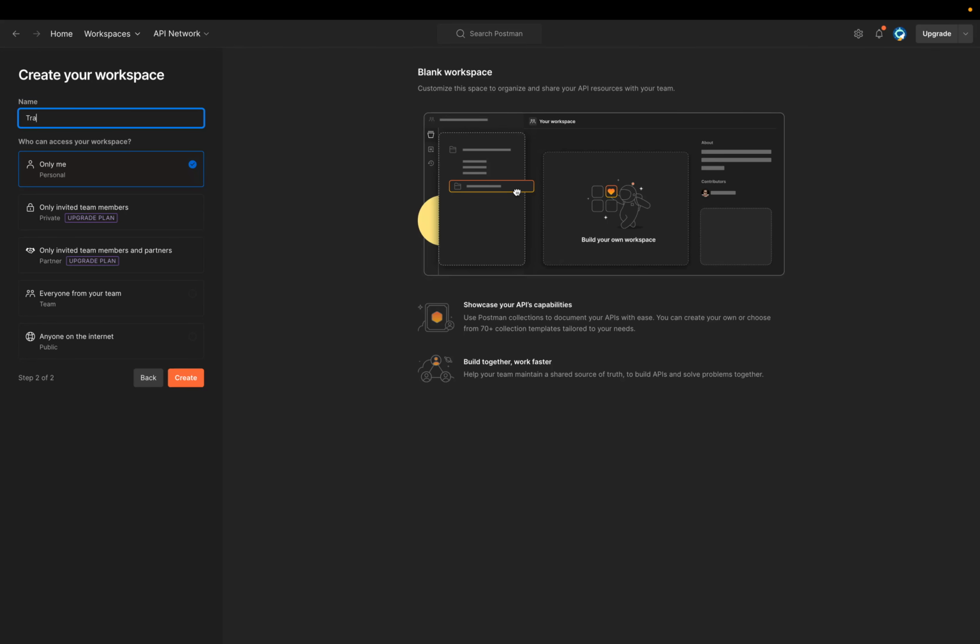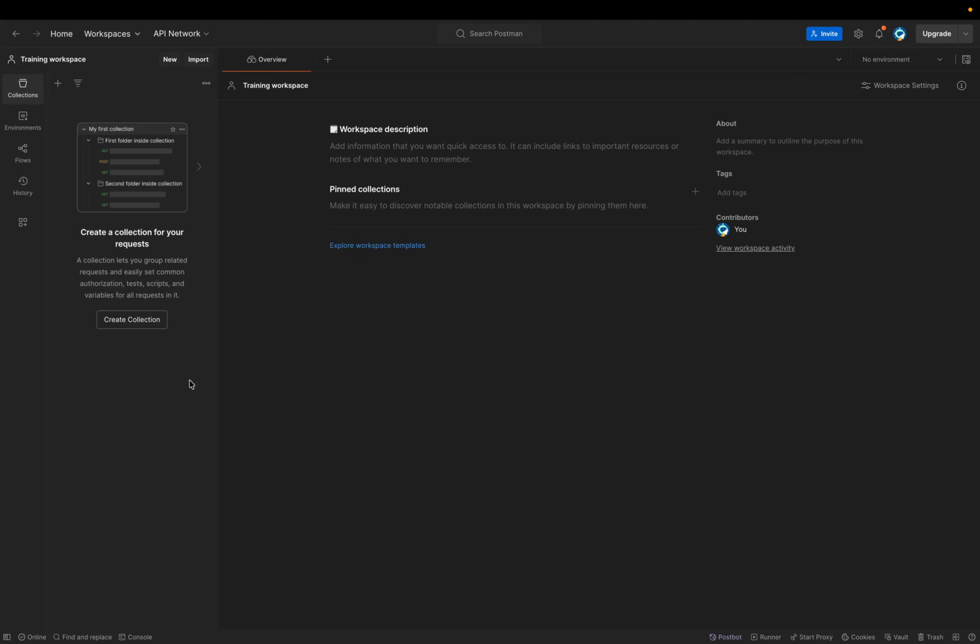So I'm going to name this training workspace. Training workspace, and for now this is only visible to me, or else I can share it with everyone from your team. Currently I don't have any team as I do this demo, so I'll just create it only me. Let's create, and this is the workspace I have just created, and this is empty for now, and I can